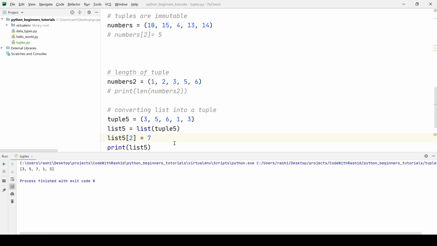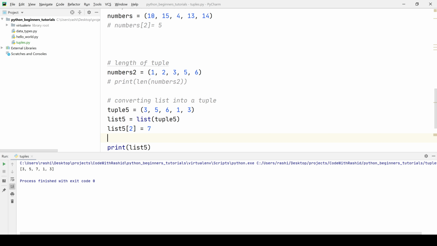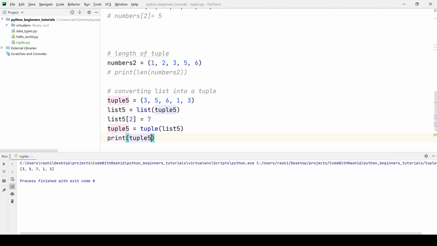We can again convert it into a tuple. We will say tuple 5 is equal to tuple keyword and then the list. So now we shall print this tuple. So now we have got 3, 5, 7, 1, 3.